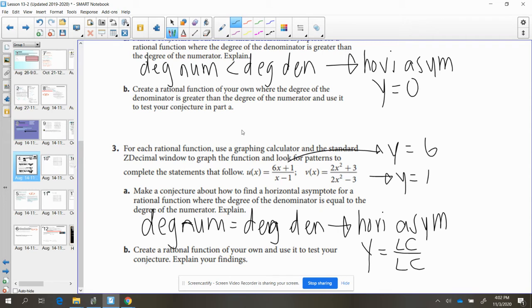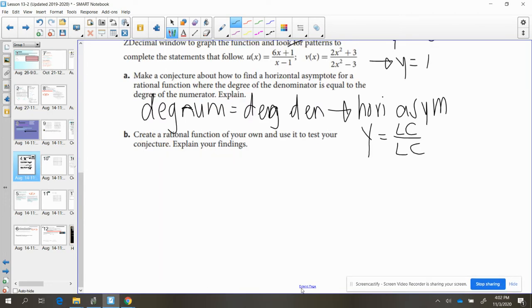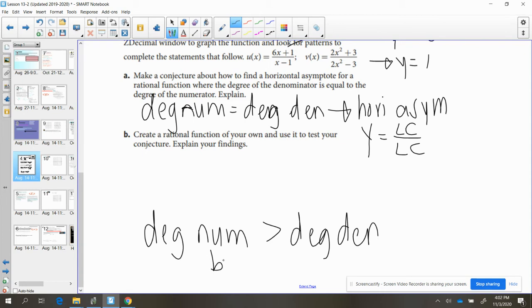Okay. Now, when the degree of the numerator is bigger, in general, it goes to infinity. We don't have a horizontal asymptote. We will talk later on in the lesson about when the degree of the numerator is bigger than the degree of the denominator by 1, then we're going to have a special case situation, and we'll talk about that later in the lesson. Okay. So as we keep moving on then, looking at each of these pieces,